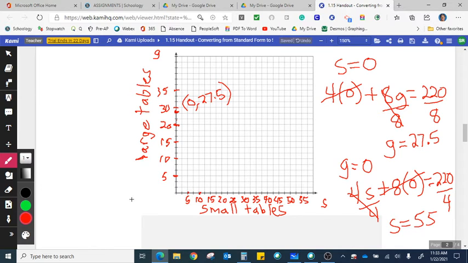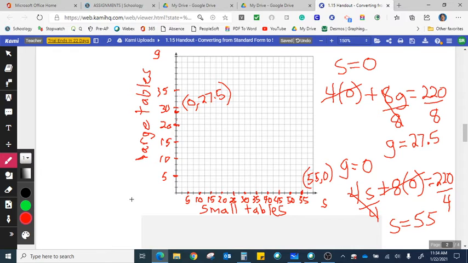Tick mark, tick mark. See what I'm doing here. So we have that, and there's our point right here. We can go ahead and plot that point, and that point is going to be 55,